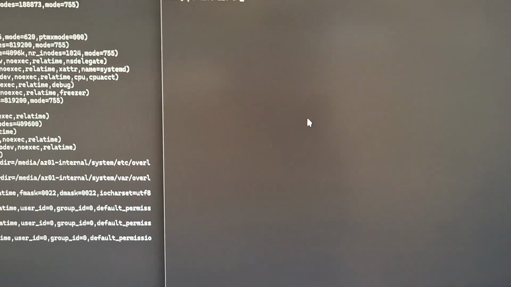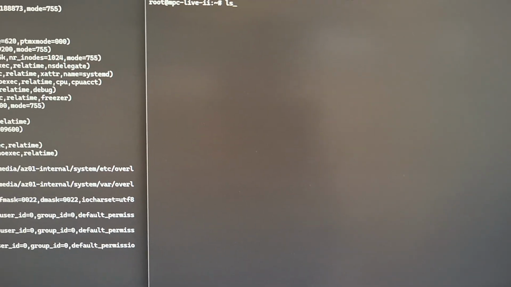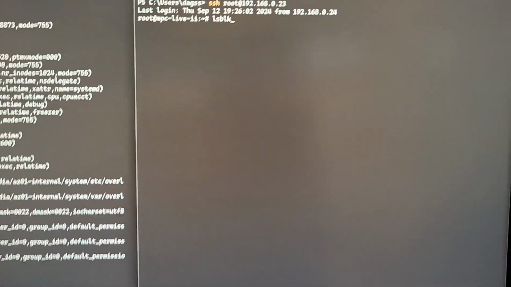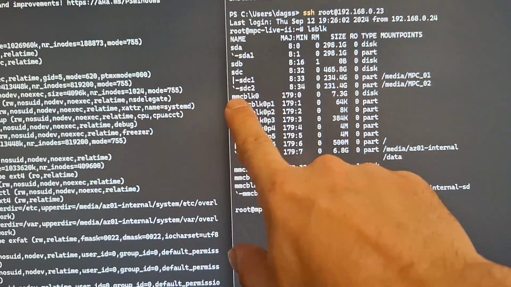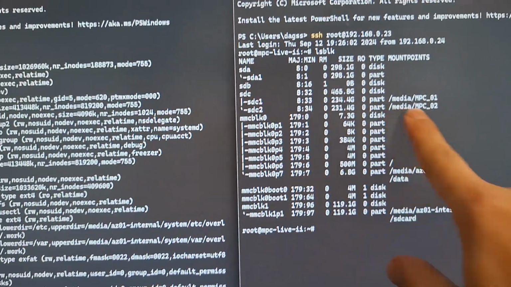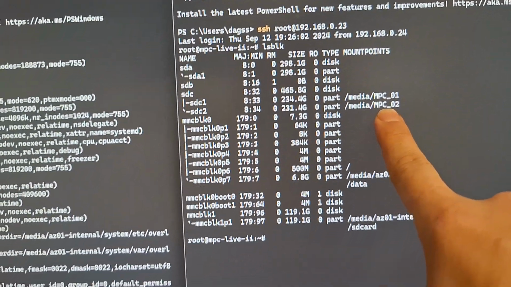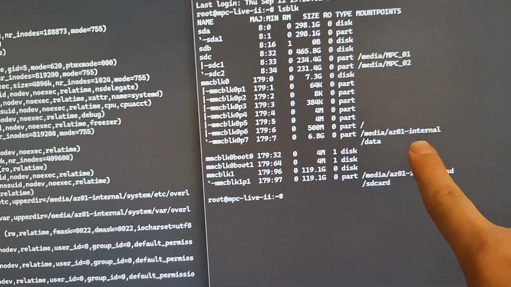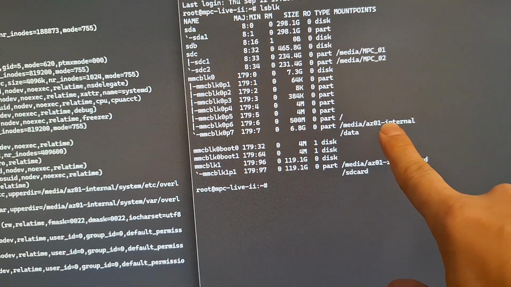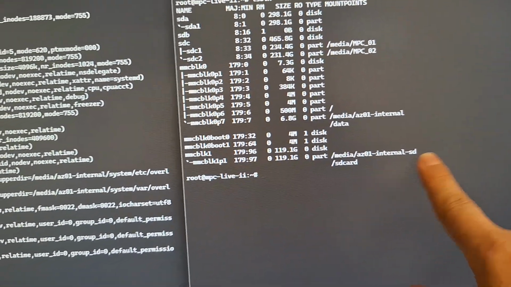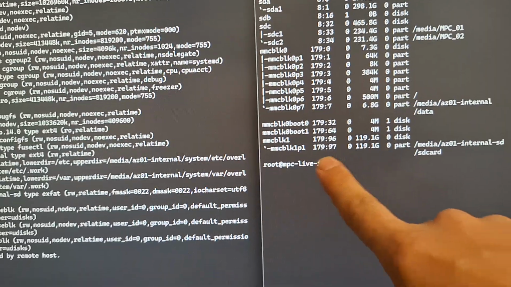And let's do lsblk. Am I right? Okay, so we've got media MPC1, media MPC2. That's my internal SSD. This is the internal eMMC drive, and this is the internal SD. And mine is not SDC,